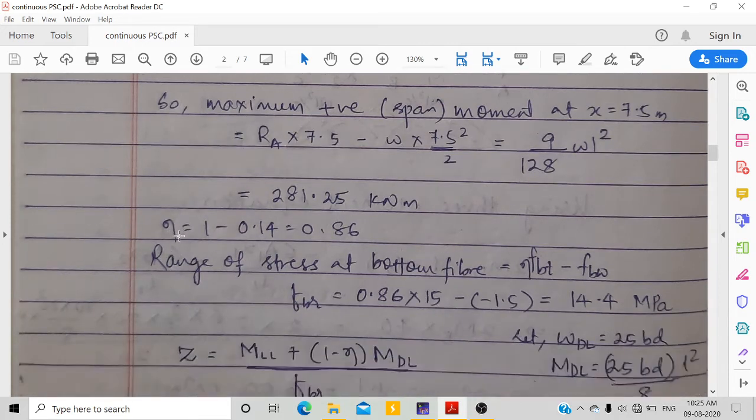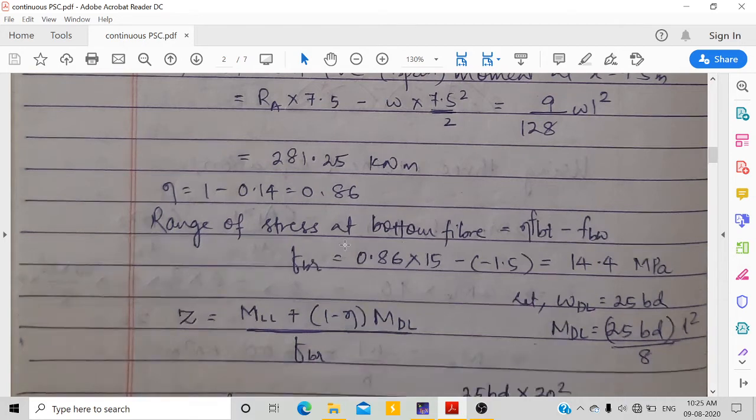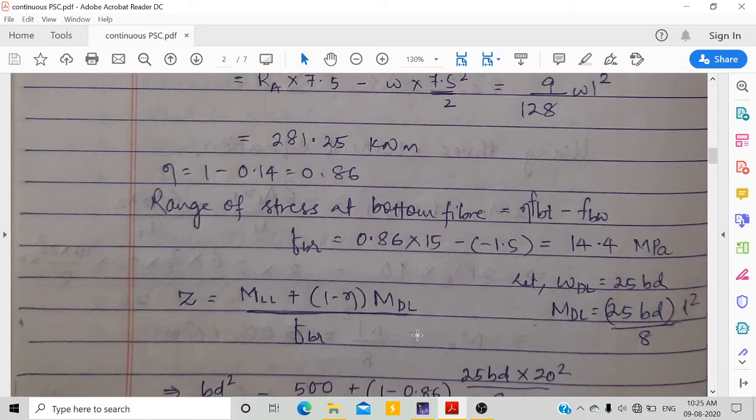So now 14% pre-stress loss means that after the pre-stress loss, you'll get only 86%, okay, 0.86. Now calculating the range of stress at bottom fiber, sigma b and sigma b lower. The formulas which I'll be using after this, the derivation is uploaded in another video. So I'm not going into the derivations, I'm directly using the formula. If you want to know more about how the formula has come, you can refer to the video for which I have given the link above.